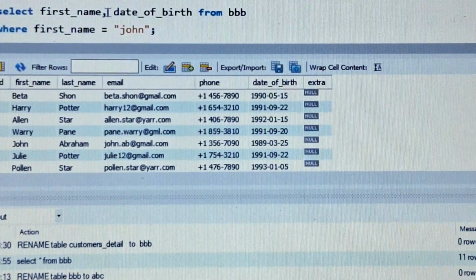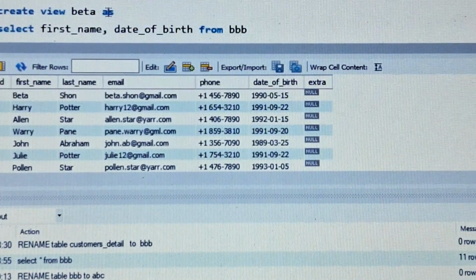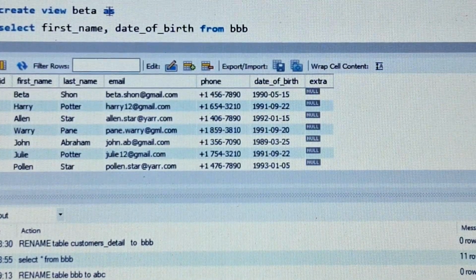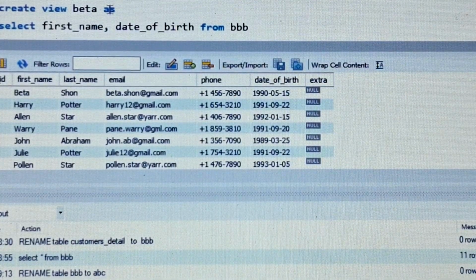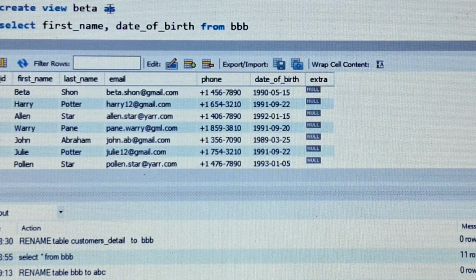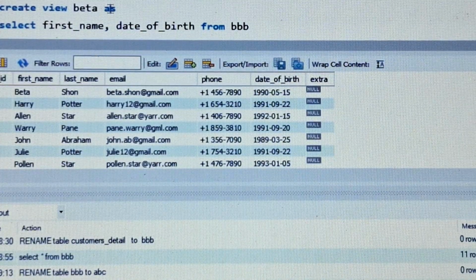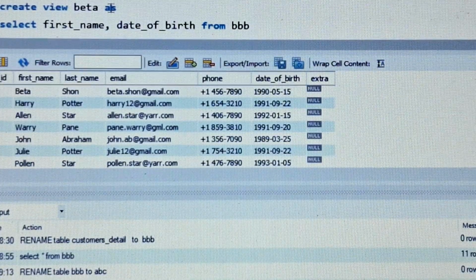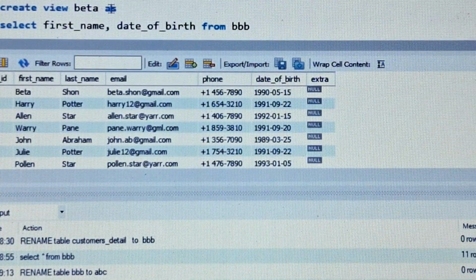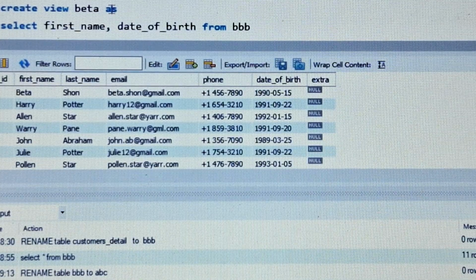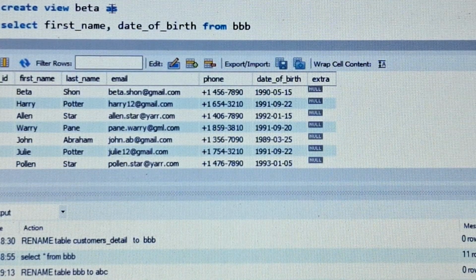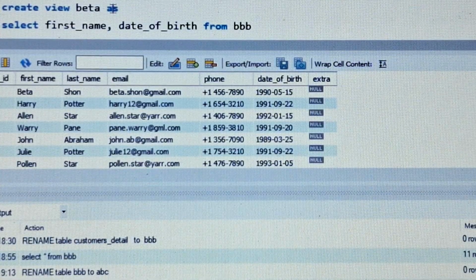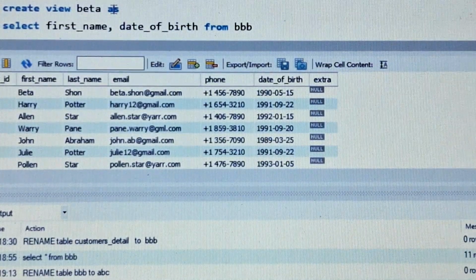There is another command which is truncate. Truncate is used to delete all of the records, like this customer table with the name ABC. It is showing our 11 row values. So it will remove all the data, but only our structure will remain like it was in the starting.